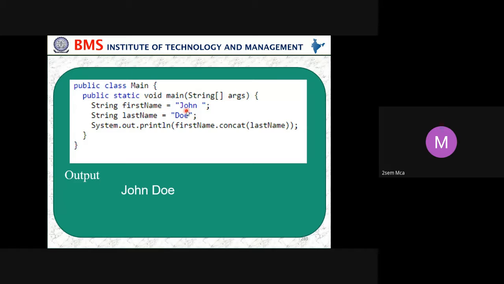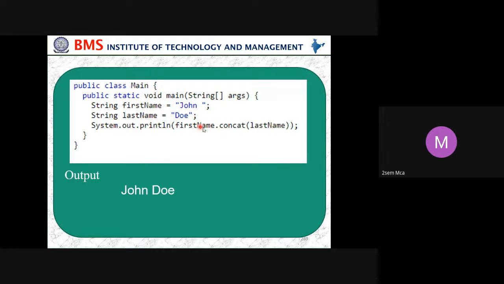Here John we are passing for first name, Dio we are passing for last name. The second method I told you is using concat. First method is plus, second method is concat. Either one, it is left to you. There is no restriction saying you have to use this one. You can use either the plus operator or the concat method. It is better for us to understand if you use concat, because sometimes we may get confused between the plus addition and the plus operator. So it is more convenient to use concat.